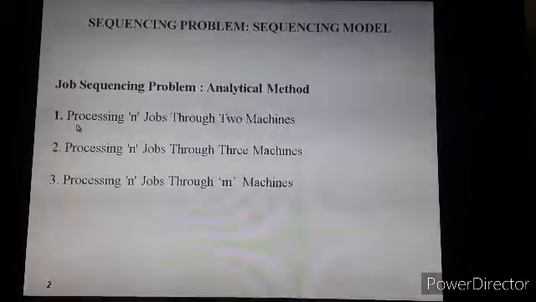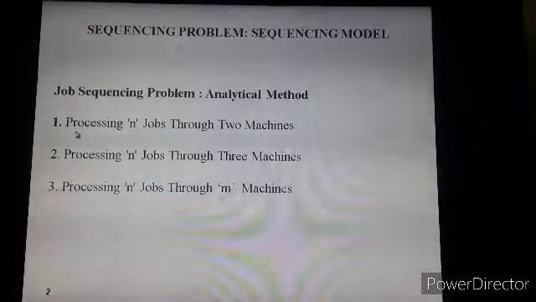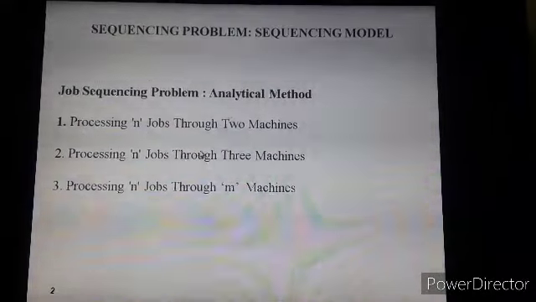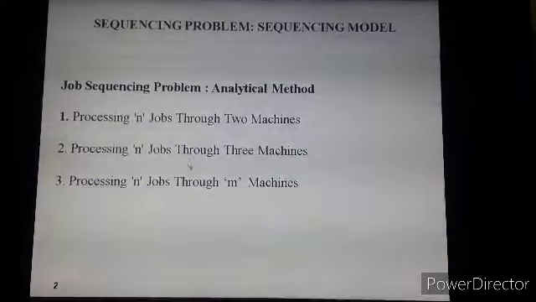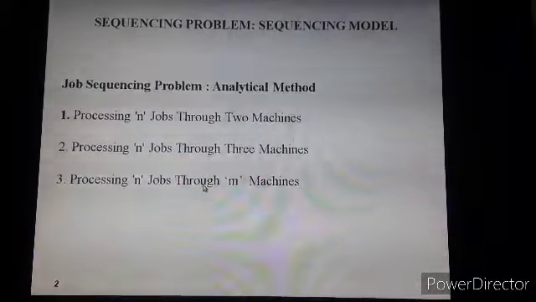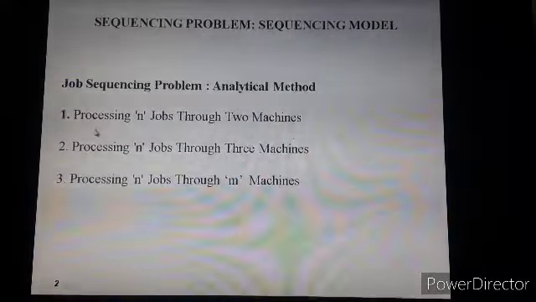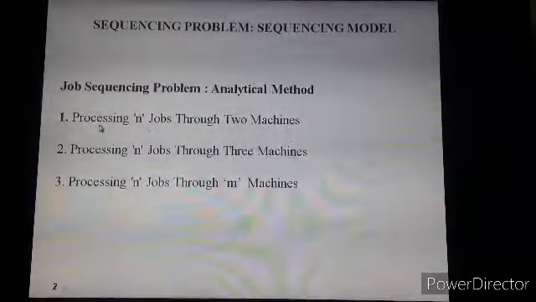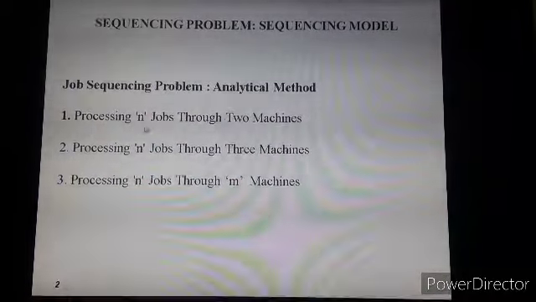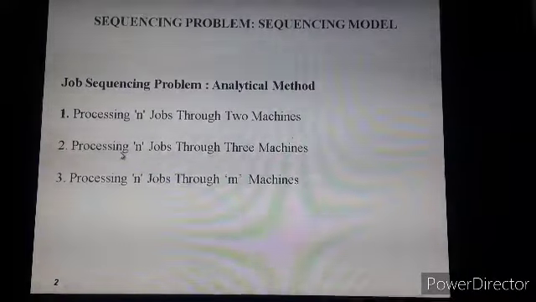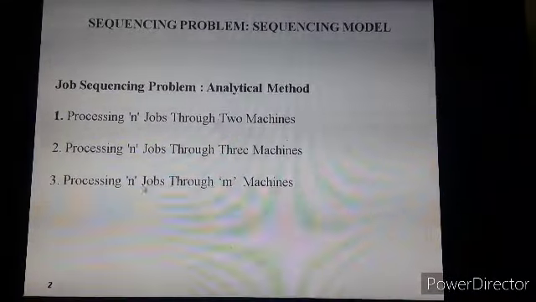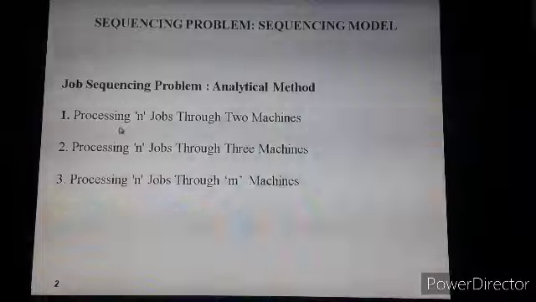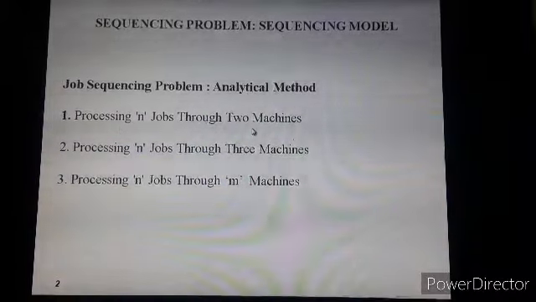First we'll see the steps for the type 1 problem, then the type 2 and type 3 problems, which are similar to the type 1 problem. We have to convert the type 2 and 3 problems into the type 1 problem, that is, always convert the n job, 3 machine or n job, m machine problem into an n job and 2 machine problem.